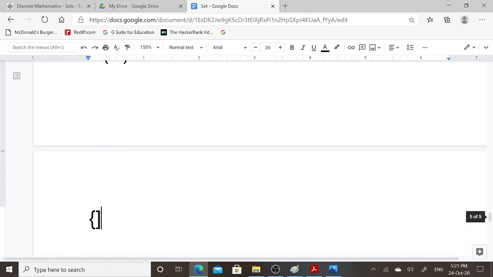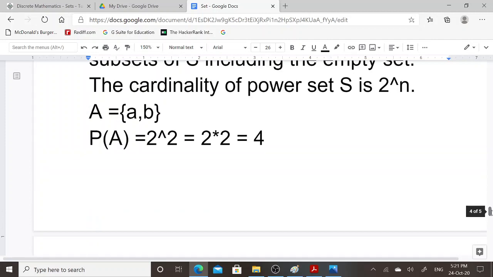First one is singleton set A, then singleton set B, third set is set A itself, that is A and B, and last one is the empty set or null set. So all these 4 are subsets of set A. This is a power set.